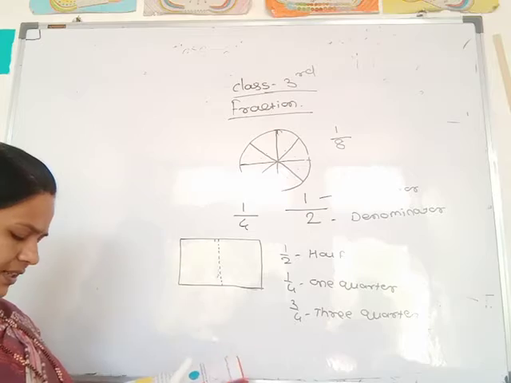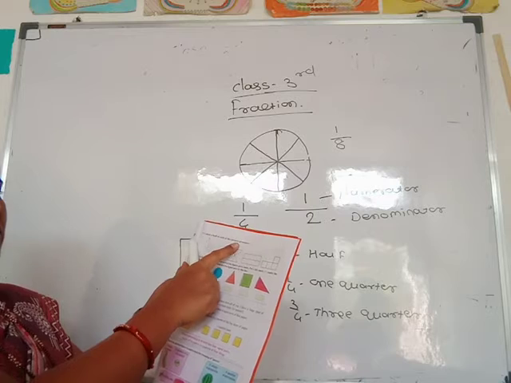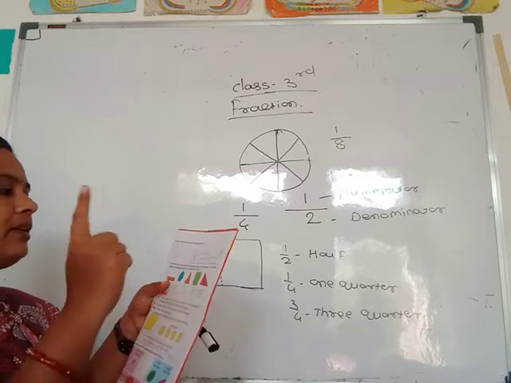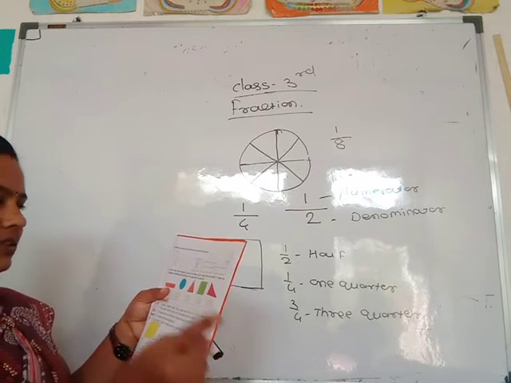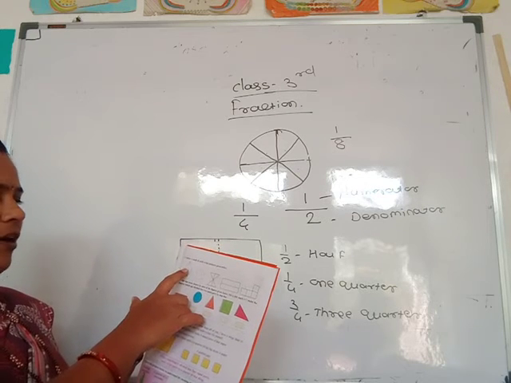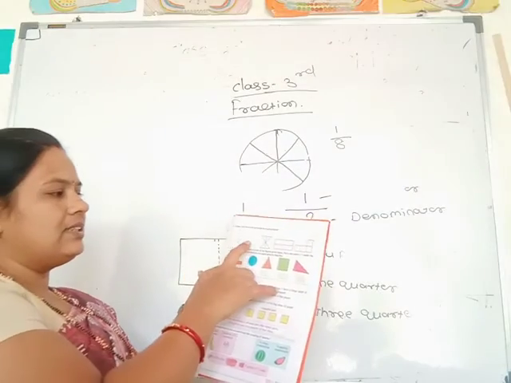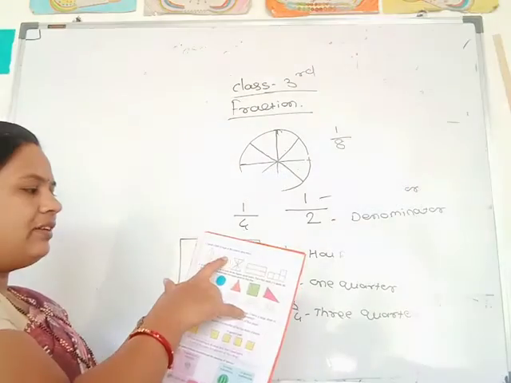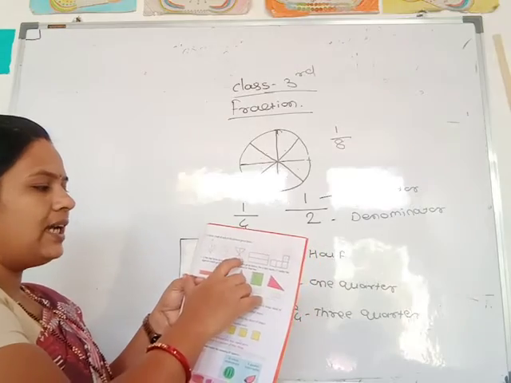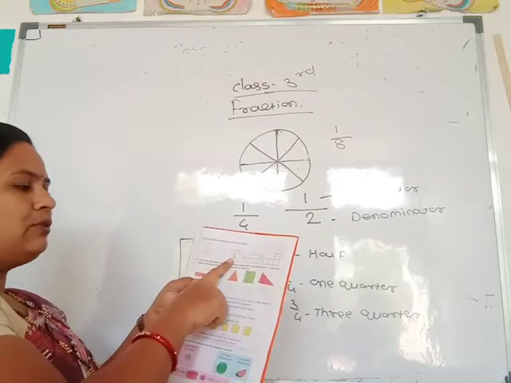Then next, see in your textbook, page number 79. Color a half of each of the pictures given below. Here pictures are given and they are divided, but you color a half of each of the pictures. Half means firstly one part is divided into two parts, out of these two parts only one part you color here. In the second, see this circle is also divided into two parts, then only one part you color it. Then the third one, see here, how many parts are here? 4. But for half, 2, means only 2 parts you color it.